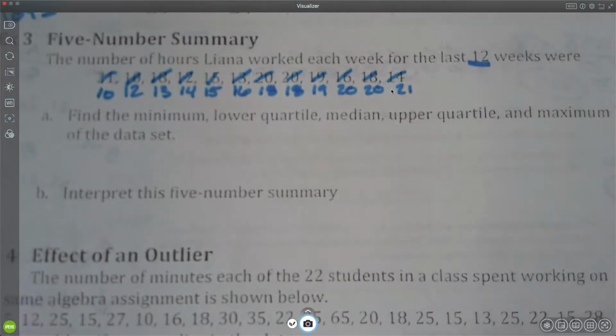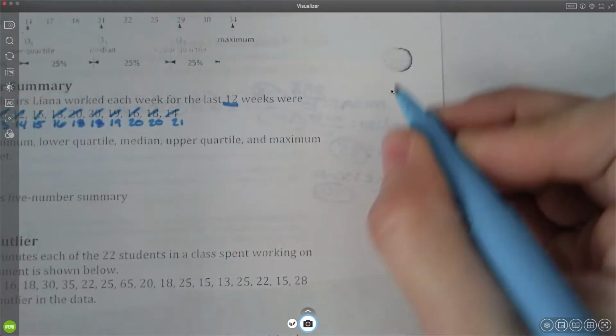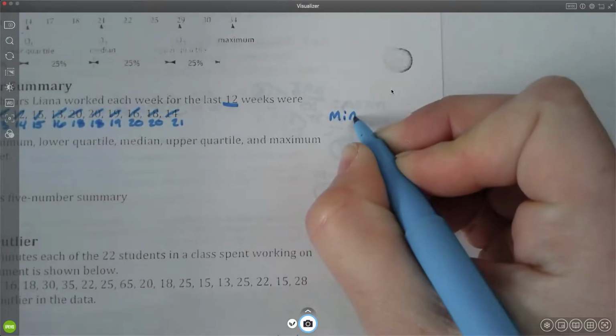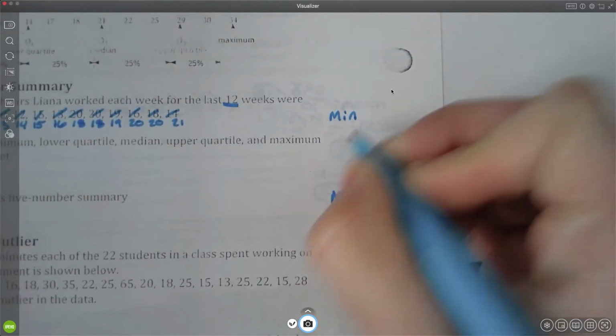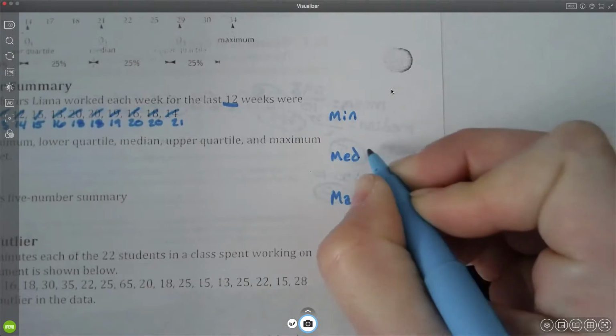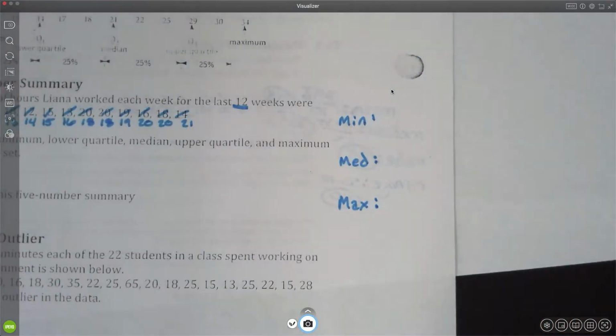5-number summary. Okay? This is fairly short and sweet and easy, I think. Okay? So here's how your 5-number summary breaks down. So your 5 numbers are your minimum, your maximum, your median. There's 3 of them. Min, max, median. Okay, before we fill in the other 2, let's go ahead and figure out what these guys are. Minimum, what's my minimum number